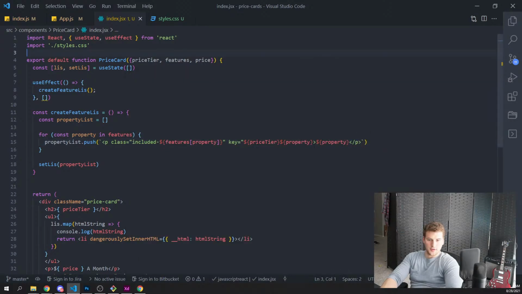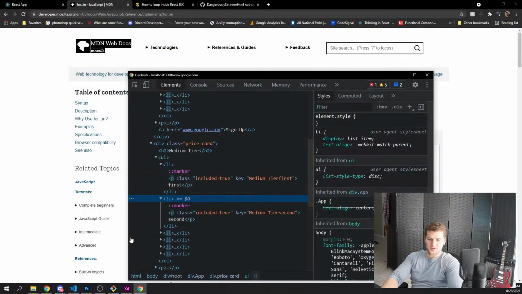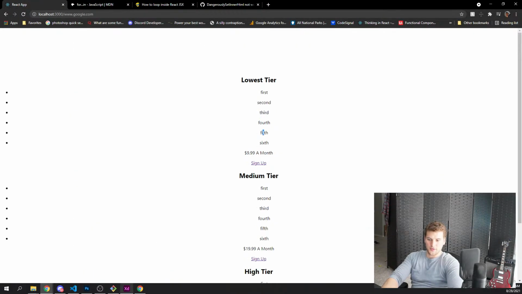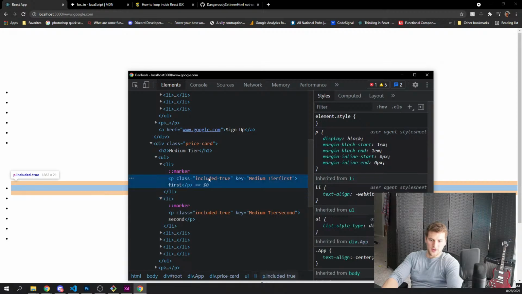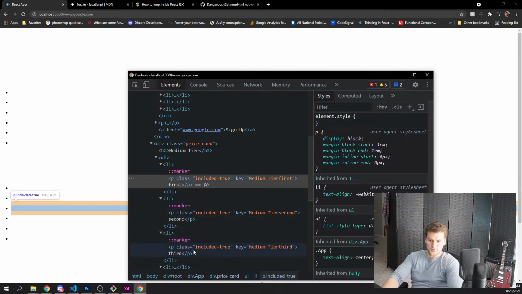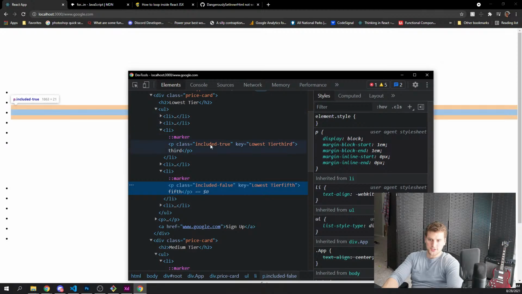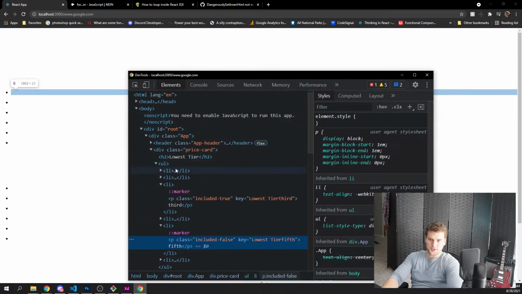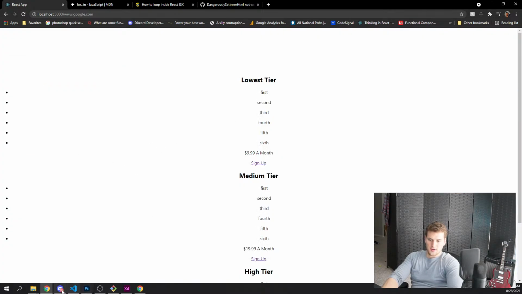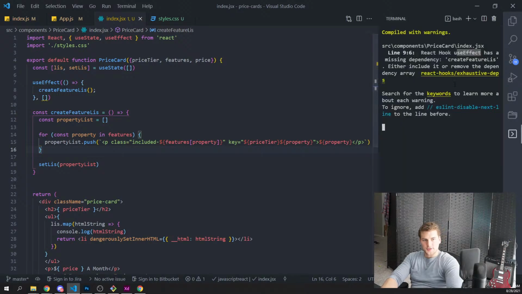Am I really? Oh, yeah. Oh, that's it. Yep. Good catch. There we go. Now we're working right. Alright, then we have included true, included true, included true. If we go up to this first one here, we should have included false, true for the first three. Sweet. And then in our CSS,